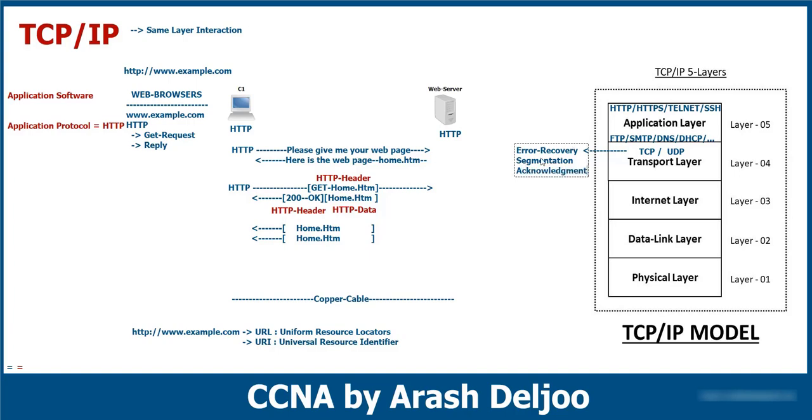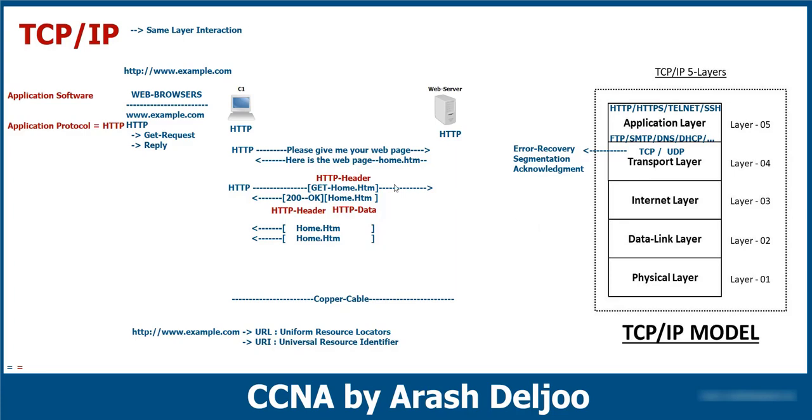All three of these functions of this layer are relevant to each other, but the main function that is new for us in this video is error recovery. This is one of the functions of the transport layer. But don't forget, in the transport layer we have many features. Because of that, don't think that all of the functions of the transport layer are limited to these three functions. No, we will talk about them, but for now let me talk about error recovery, segmentation, and also